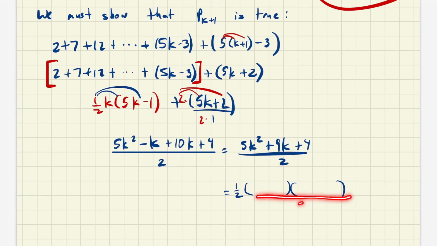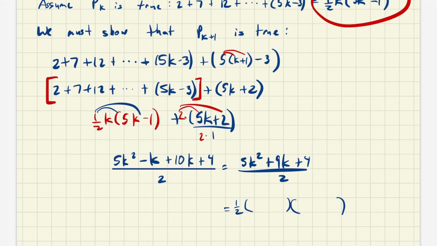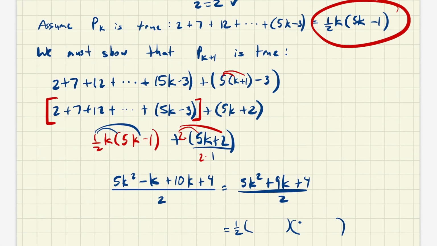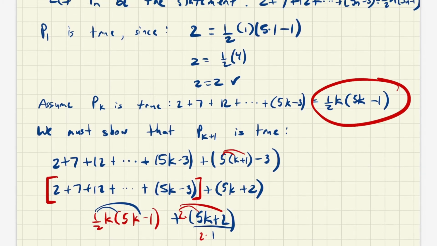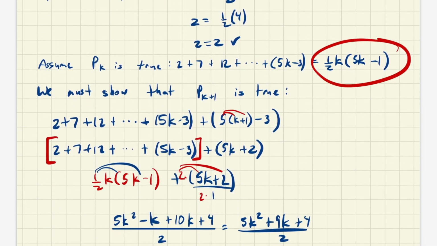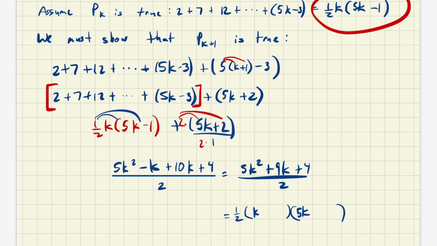So now the factors are going to be 5k times k, and if we factor this, we should end up with a 4 over here and a 1 over here, and that's going to be 5k plus 4k, which is 9k. So plus, plus, and that's exactly what we needed to get,